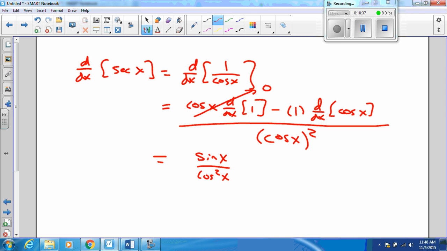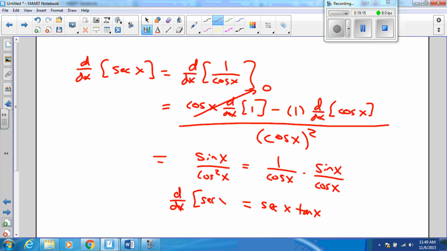However, all of the cool mathematicians rewrite it. Because when I rewrite it, I can turn it into not a fraction, by writing this as 1 over cosine times sine over cosine. Everybody take a quick look here and make sure that the algebra checks out. Which is the same then as the first factor is secant x, and the second factor is tan x. Secant x tan x is the derivative of secant. That's kind of a strange derivative, isn't it? You might have discovered that on yesterday's homework. Yep.